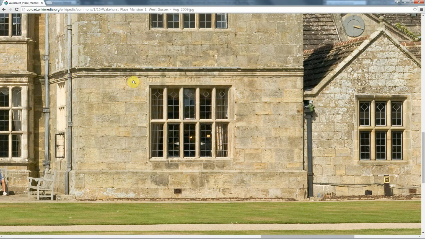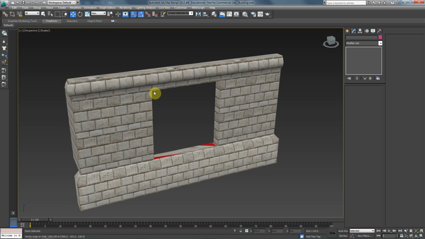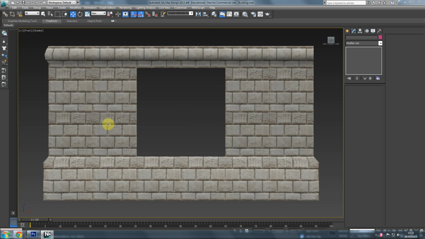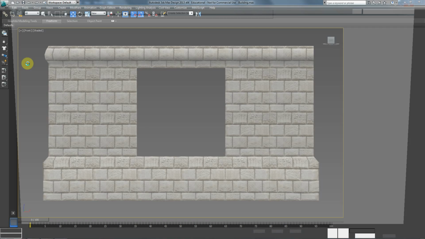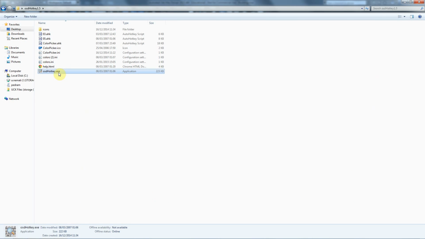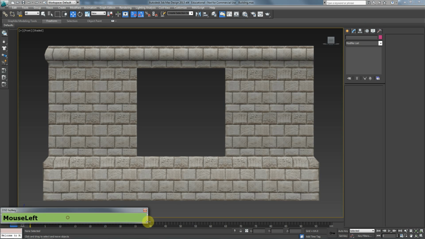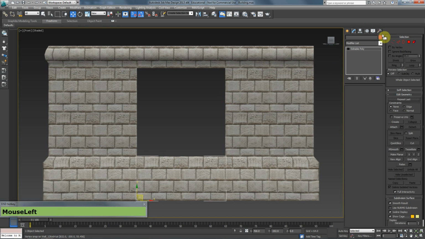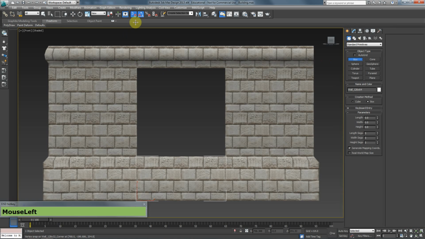Hi and welcome back. So in this tutorial we are going to create the window which we'll slot in here. I'm going to go to front viewport, and before I continue I'm actually going to go to my desktop and run this application so that you can see all the shortcuts that I press down here. Great, so I'm going to go to the front viewport and I'm going to go to box mode,